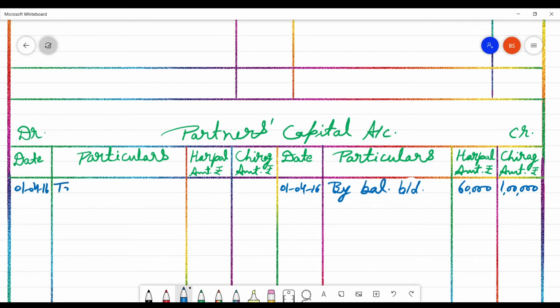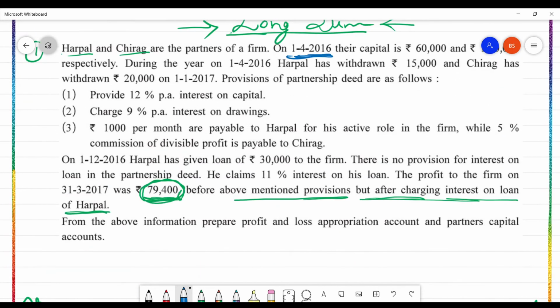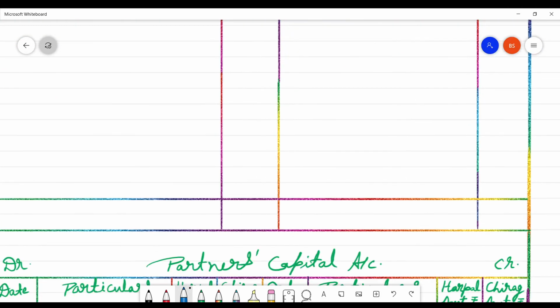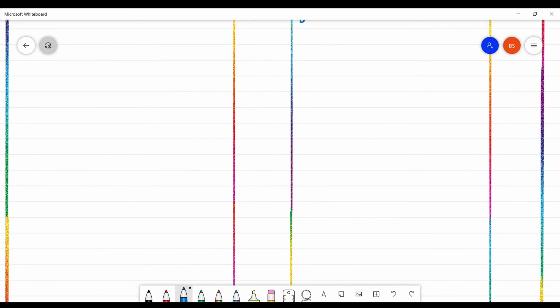1/4/2016 to drawings, 15,000 in the column of Harpal, and as on 1/1/17 to drawings, in Chirag's column the amount will be 20,000. Then we will record